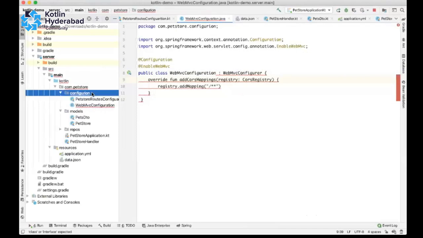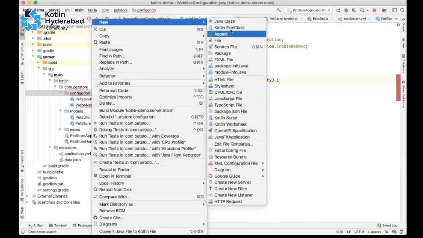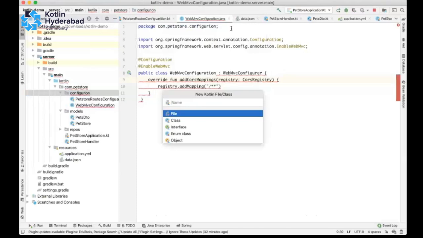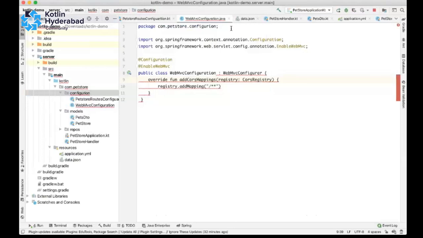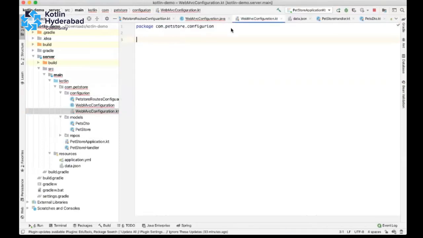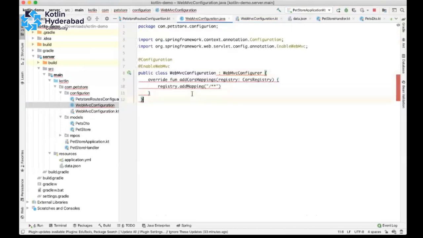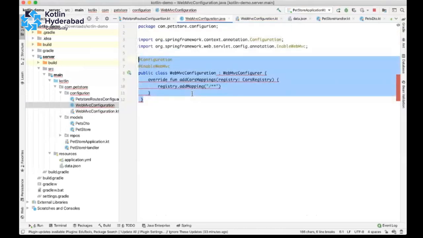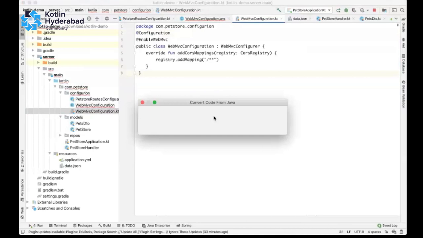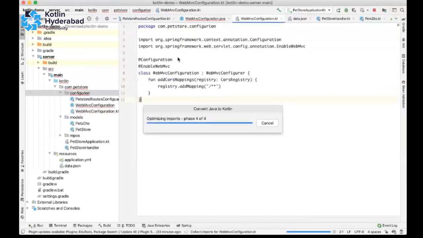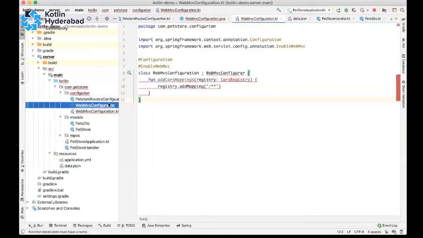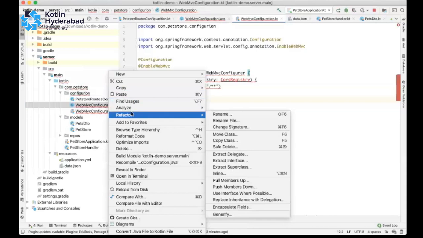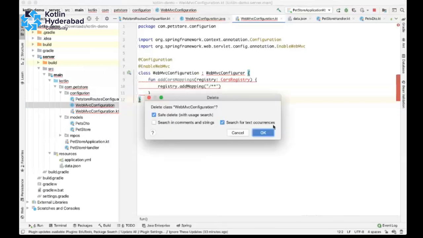Oh, the problem is that I mistakenly created a Java class, and that's why it is showing an error. I'm deleting this Java class which we have.